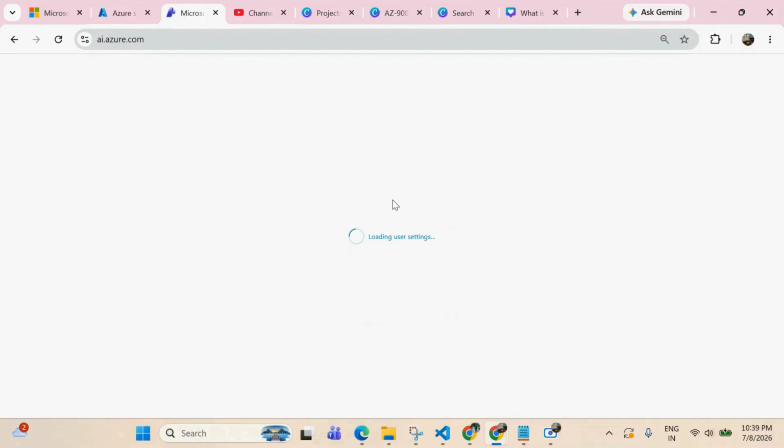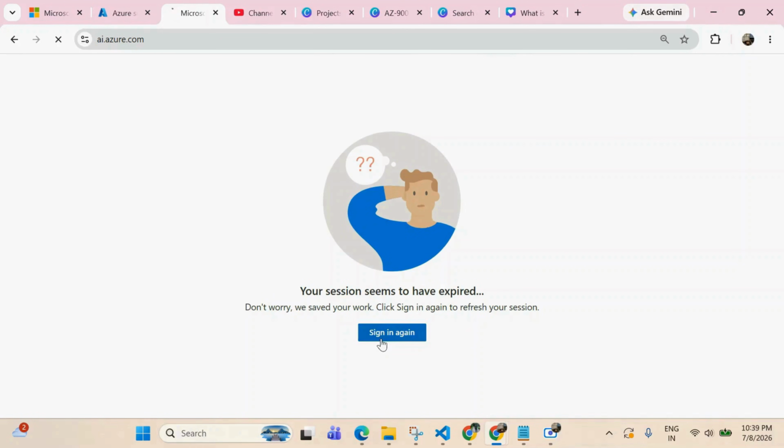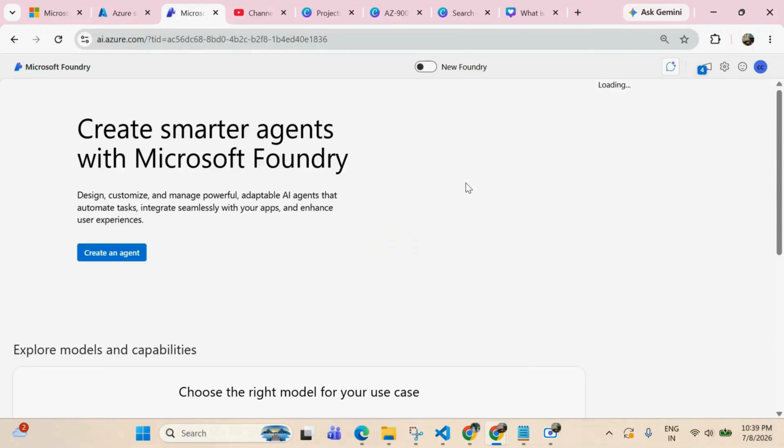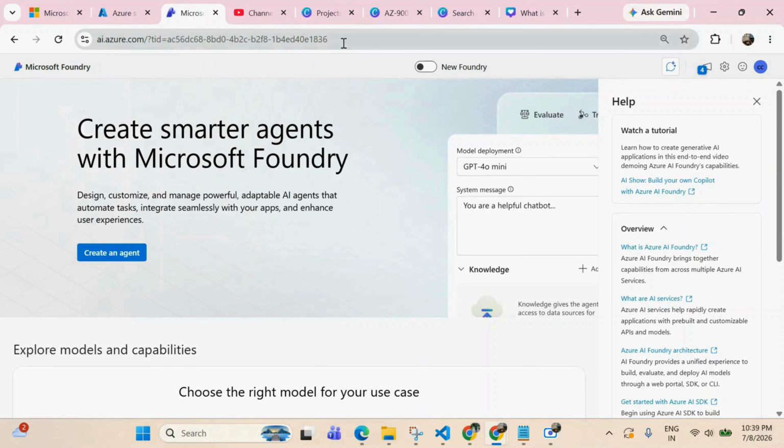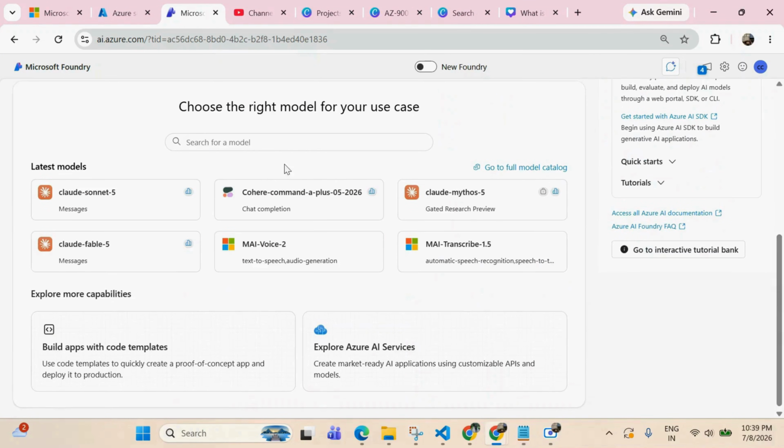Let me refresh it so that it will log me in. Let me sign in again, it might have been lost. Okay, so this is how the portal looks when you come for the first time. It shows model deployment and some help, where you can see what Azure AI Foundry is, take help, and watch tutorials. Everything is just demo, and it will show the latest models available,